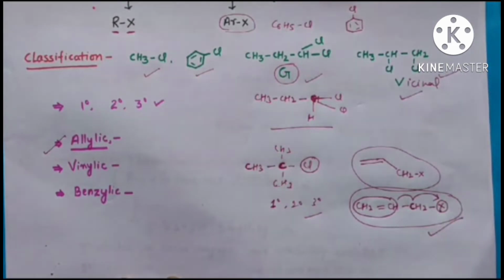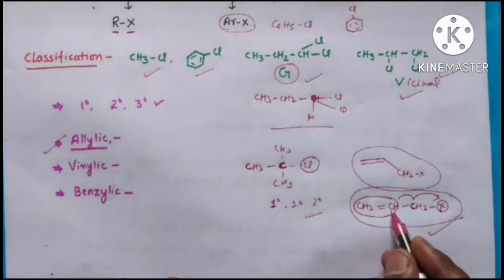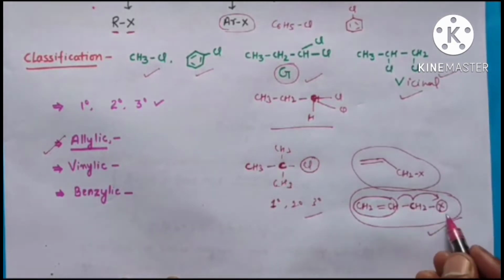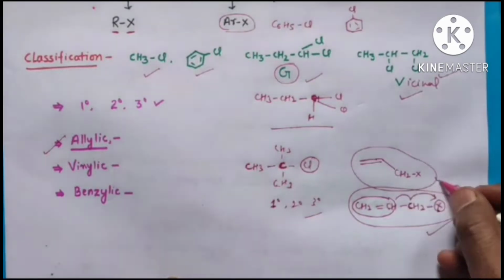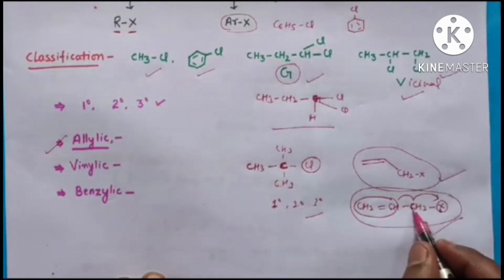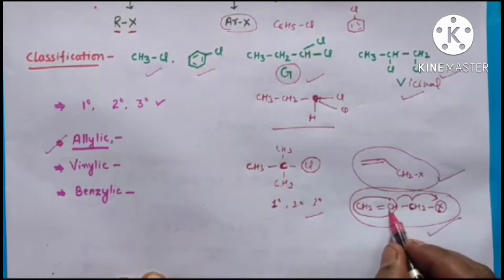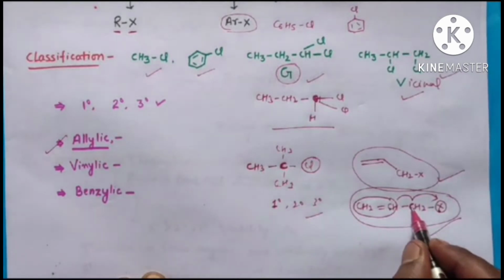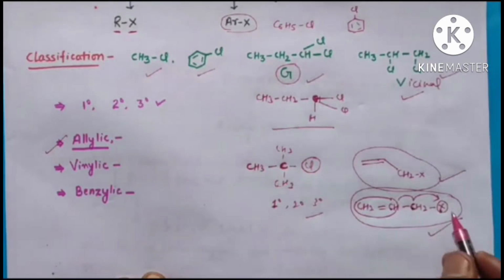It might be 1 degree, 2 degree, 3 degree, whatever it is. So simple, you have to understand: carbon carbon double bond के next वाले carbon पे अगर halogen attach है, so this is known as allylic. Now you can easily understand it. Or you can say the halogen is attached to that sp3 hybridized carbon which is next to sp2. तो sp2 के बगल वाला sp3 hybridized carbon जिस पे halogen attached है, this is known as allylic.